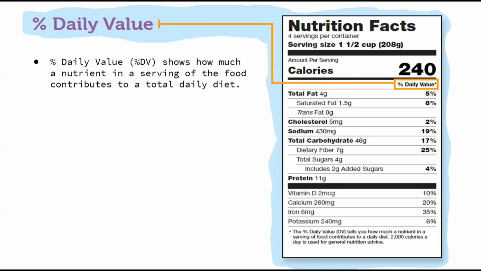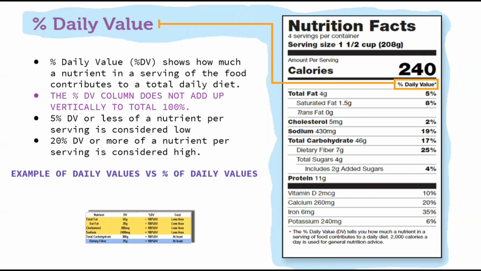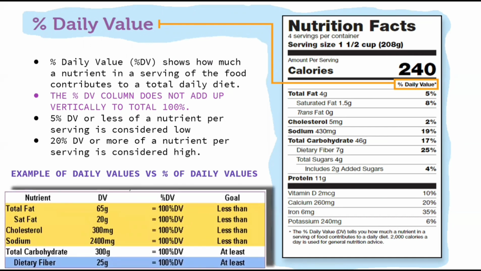These numbers tell you if a serving of food is high or low in nutrients. The numbers do not add up vertically to 100%. Instead, each nutrient with a percentage of daily value is based on 100% of the daily requirements for a 2,000 calorie diet. For example, the daily value for saturated fat is less than 20 grams per day, which equals